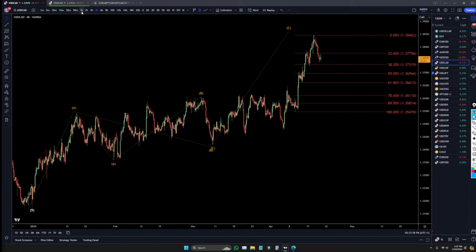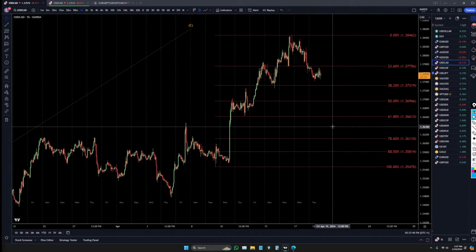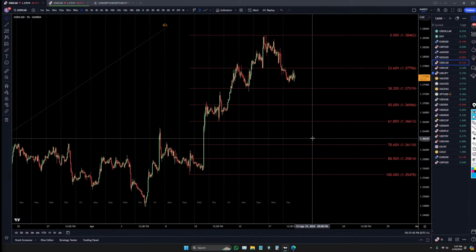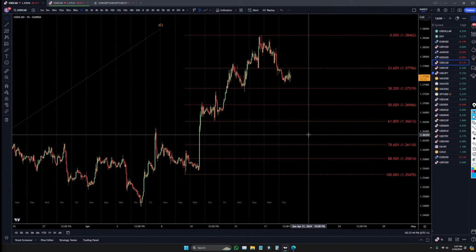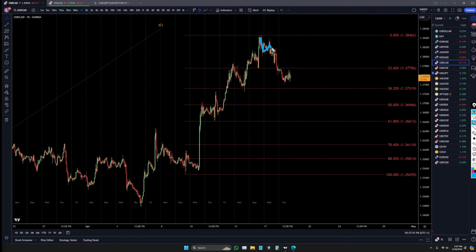So I do think that the dollar pairs are probably not over. I don't think the US dollar is finished with its uptrend. If anything, it's probably just in a wave 4, or possibly in a subdivision of a much larger uptrend. So I do think there's a very good likelihood that this is an A. Just like the other dollar pairs, it's likely to make a wave B and probably go down, make a wave C, and then probably back up again. So most likely we're in a wave B right now, is what I would say is the most likely scenario.